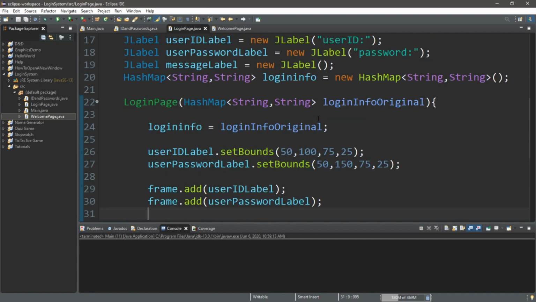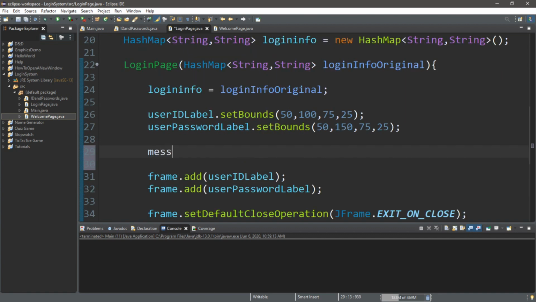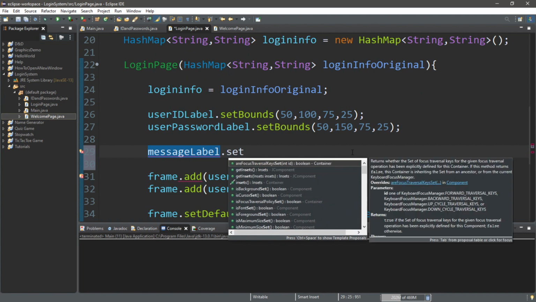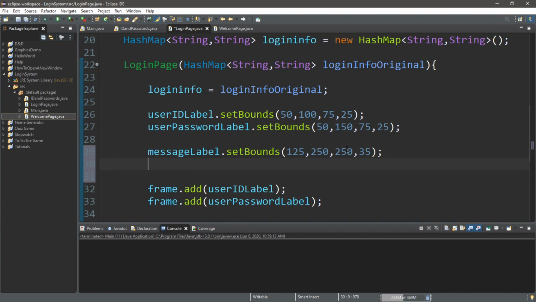Let's also add the message label before I forget about that. So messageLabel.setBounds. We'll place this where X is 125, where Y is 250. This will be 250 pixels for the width, and the height 35 pixels. And let's set the font as well.